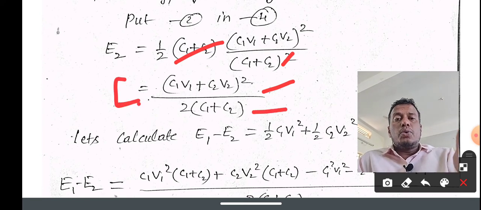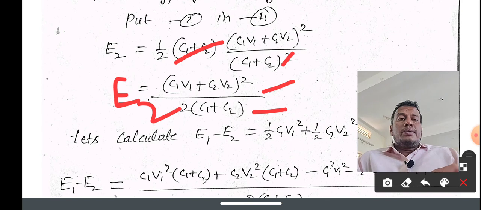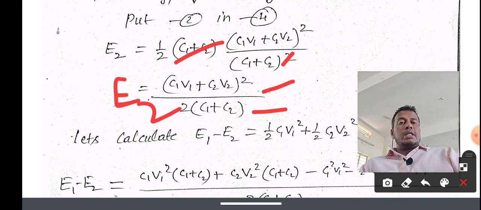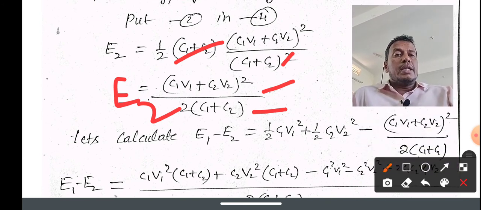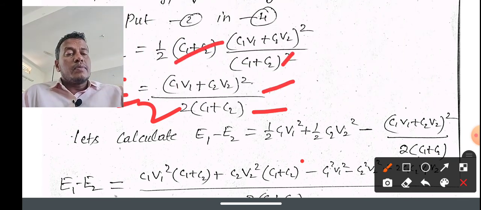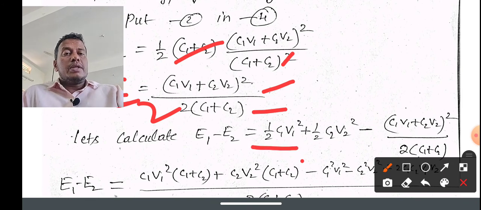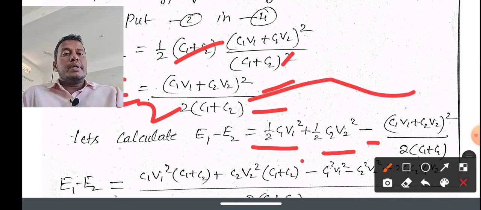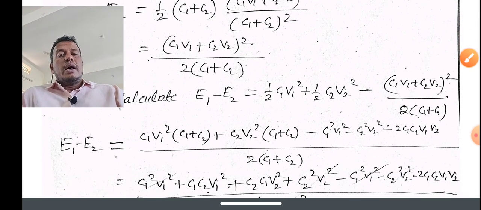This is the energy 2. So, let us calculate the difference between the energy before and after sharing. Let us see, E1 minus E2 is given by this relation: E1 is half C1 V1 square plus half C2 V2 square, minus E2, which is given by C1 V1 plus C2 V2 whole square by 2 into C1 plus C2. After simplifying,